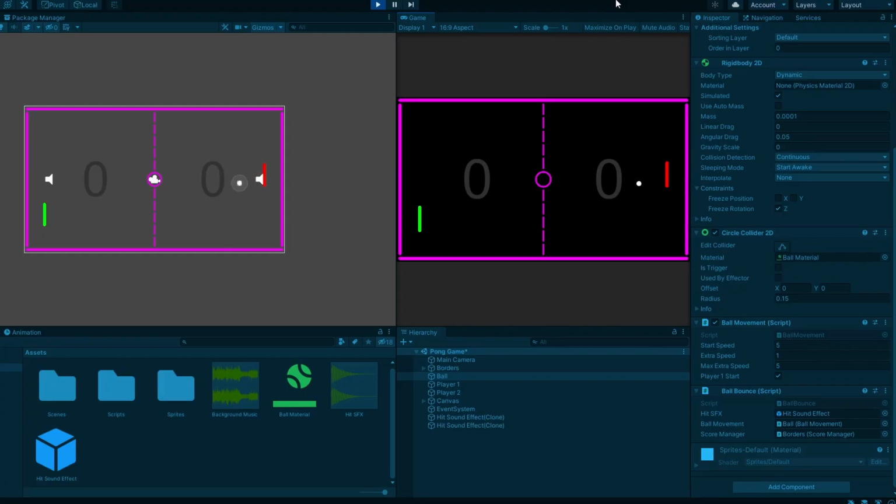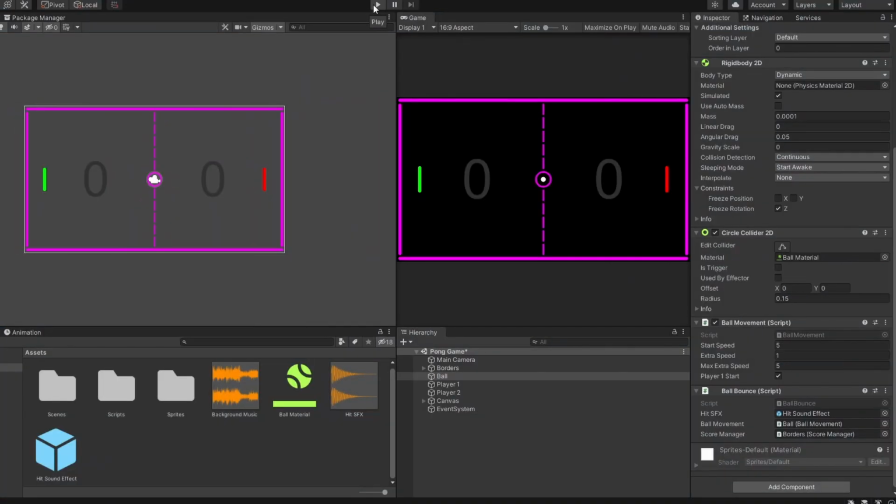Alright, we are now able to hear the sound effect because whenever the ball collides with an object, it will instantiate the hit sound effect prefab, which you can see in the hierarchy. However, you will notice that the prefab instantiated isn't being destroyed after it has fulfilled its purpose. And over time, if we were to keep playing the game, the number of prefabs will just keep increasing, and eventually it will cause the game to lag. So right now, we need a way to destroy the prefab once it has fulfilled its purpose.